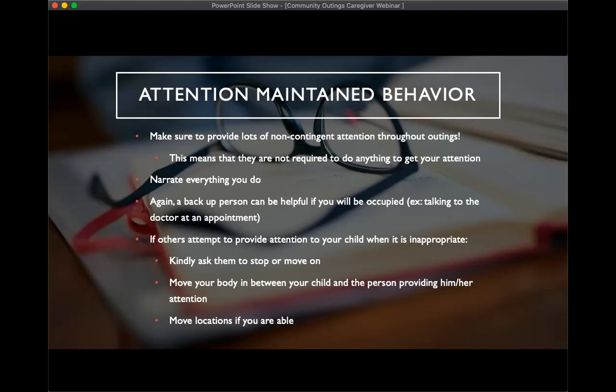So even things like saying no or asking them to stop can sometimes be enough attention, if it is attention maintained, to fuel them to keep going. So the best thing to do is to ignore those things if you're able to. Don't provide vocal attention to it. Try to avoid making eye contact. And then again, just try to get them to engage in a replacement behavior or something appropriate and focus more on that appropriate behavior than you are on the negative behavior.